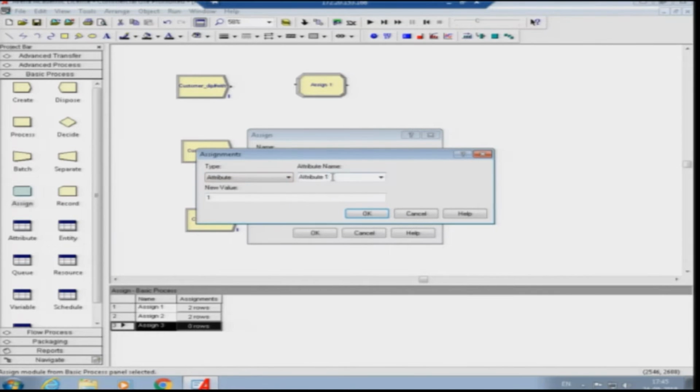For the third case, we will do the same thing. Customer 3 value is 1, and one more attribute to add, it is banking, put the value as